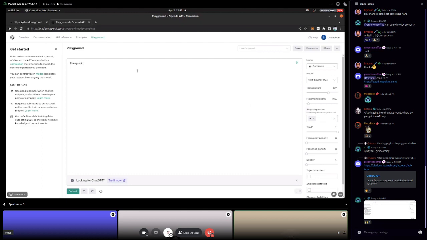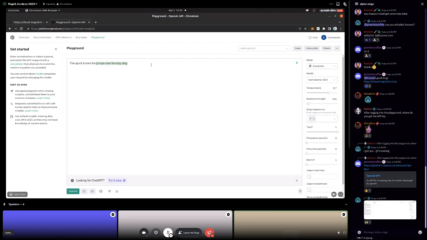So if I type in the quick brown fox, jumps over the lazy dog. Okay, great. So what I did right there was I added a stop sequence. I said, you're just going to keep completing forever, but I actually don't want you to. I want you to stop if you're going to press return. That way now it's got a nice clean kind of completion, right? So this part, the quick brown fox, that's called context. What is the input that we're giving to the model? And then it's going to respond by predicting the next tokens, which are the completion. Context, completion.